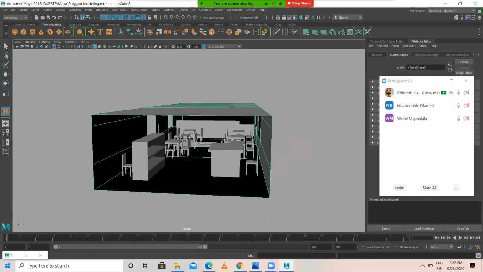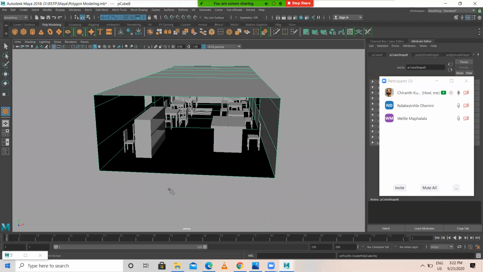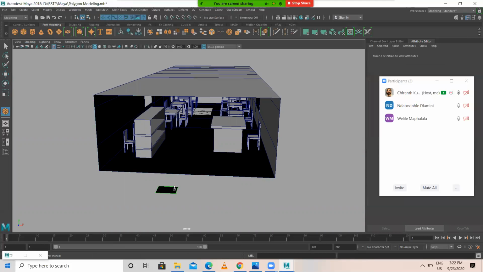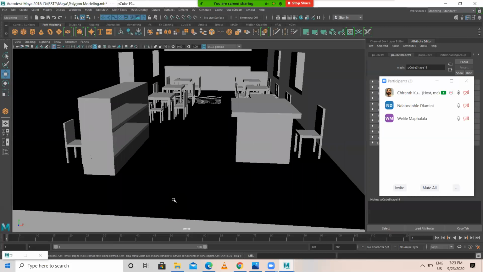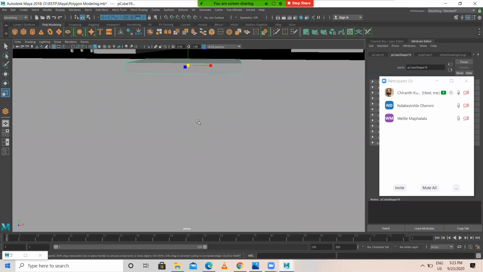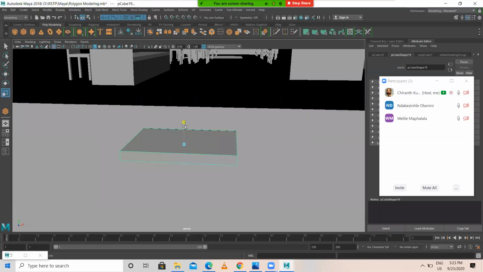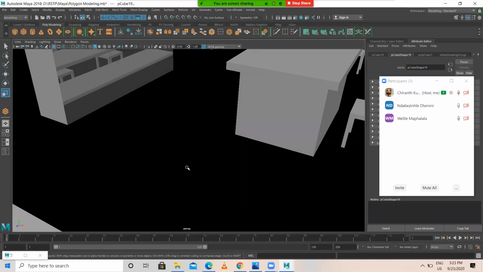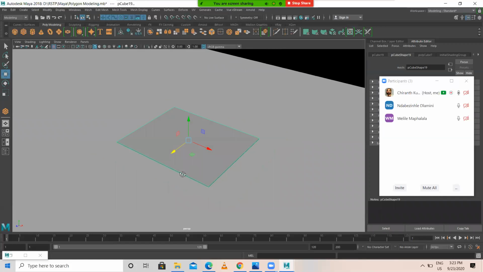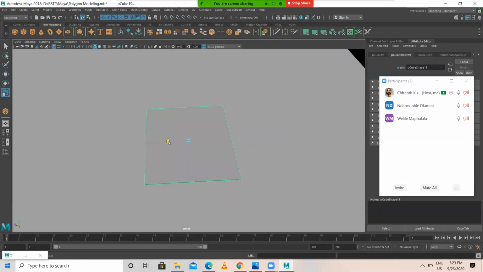It's quite simple. It's very simple in this. See, I'm just selecting a cube like this. This is so thick. I just want to make it something like this. Like this.